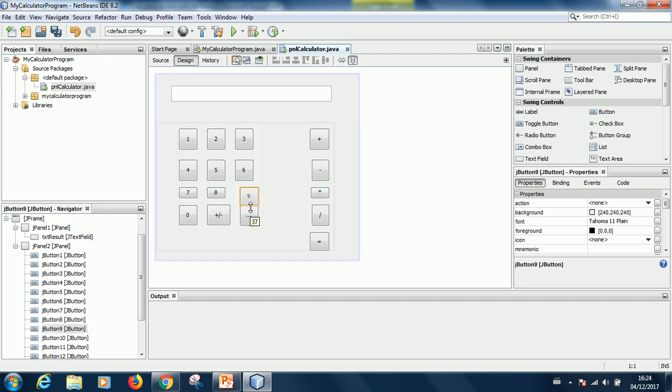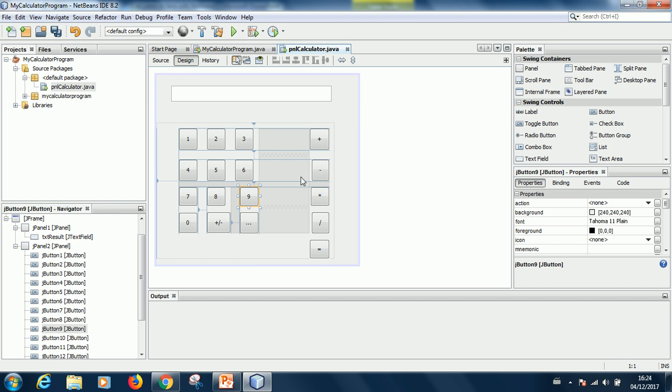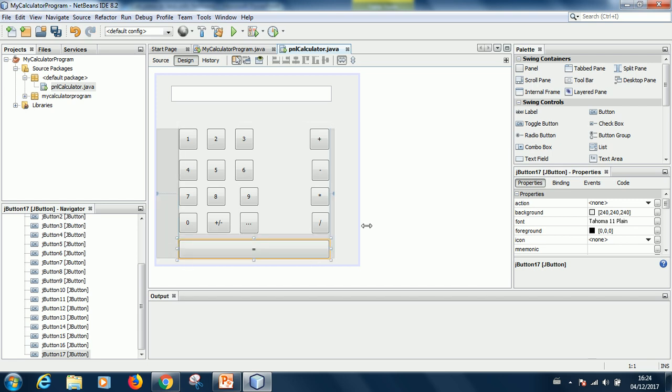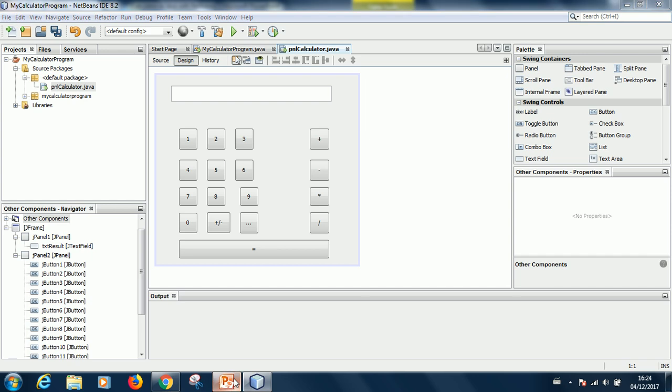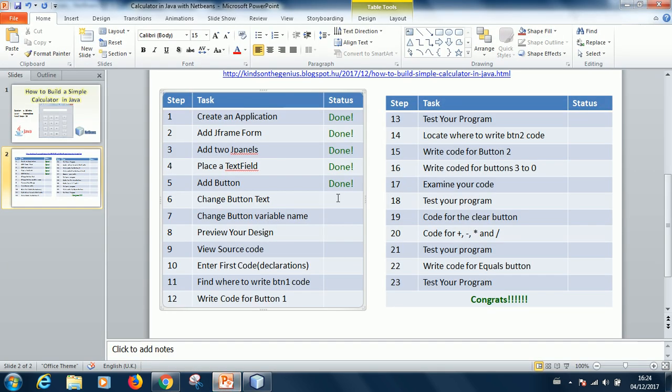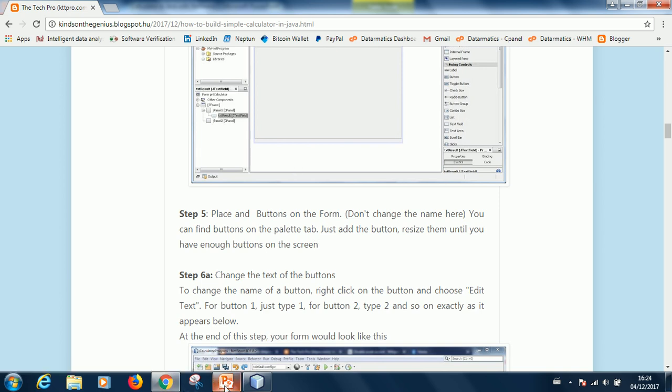So we are going to leave it this way for now. Let's just try to put this. The equality sign is just under all of the buttons. So now we've completed step 6. Changing the button text is done. If you want to see the details, just use this place. I'm not going to be reading it because I already know it. So the next step is, let's see,